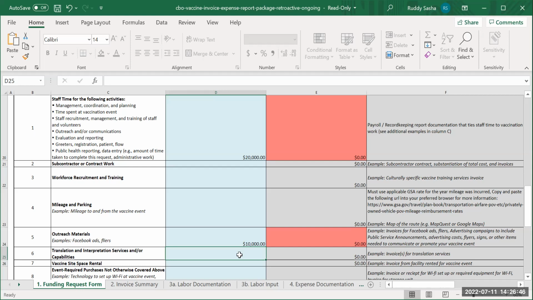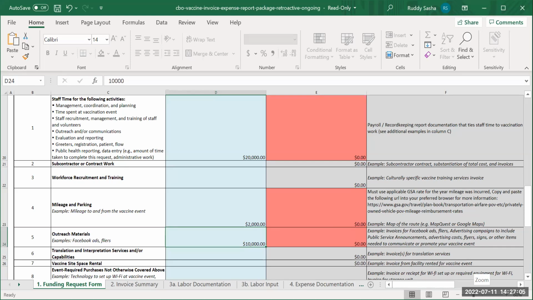So in the mileage, we will say for this demonstration that that number is 2,000. If there is an expense that does not fit into any of these allowable categories listed, please use the